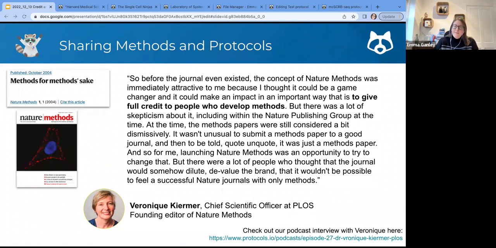They said they published research and nobody was going to read just methods, that it might dilute the brand, and that it might be impossible to fill a journal with sufficient papers that were just about methods, and so on. But as we all know, Nature Methods was and still is hugely successful. It's interesting, though, to think that only relatively recently, in 2004, there was still a lot of skepticism about that. We interviewed Veronique on our podcast, Minor Tweak, Major Impact. There's an interview with her about this, which you might like to listen to if you would like more info.